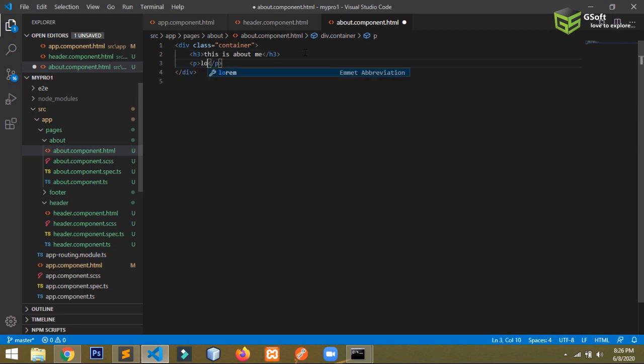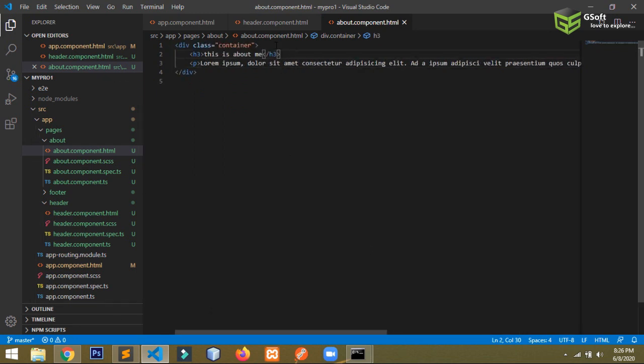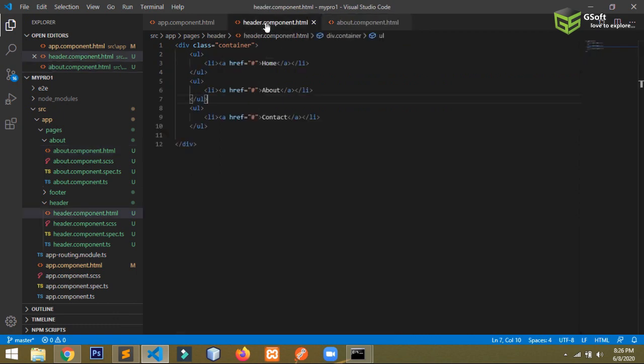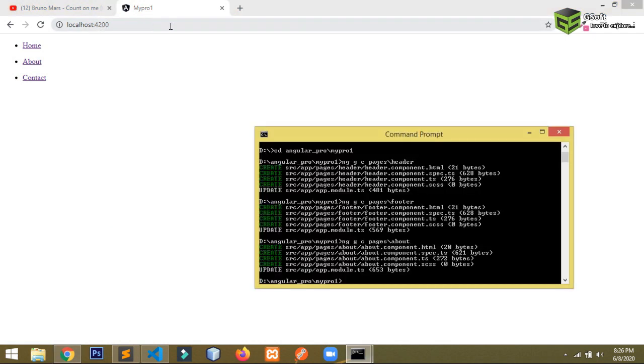There I will be using a lorem ipsum paragraph, and I'll save it. Now what I want is that whenever I click on the about link, it should automatically open my about page.